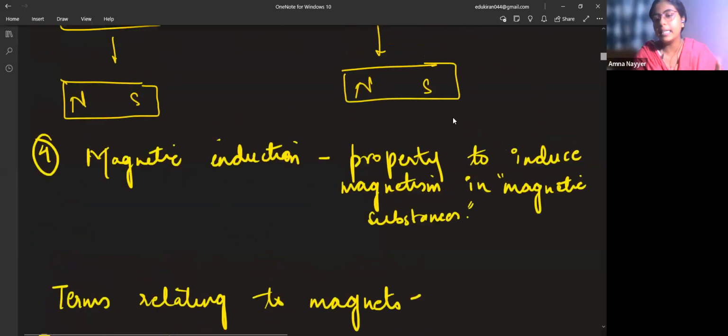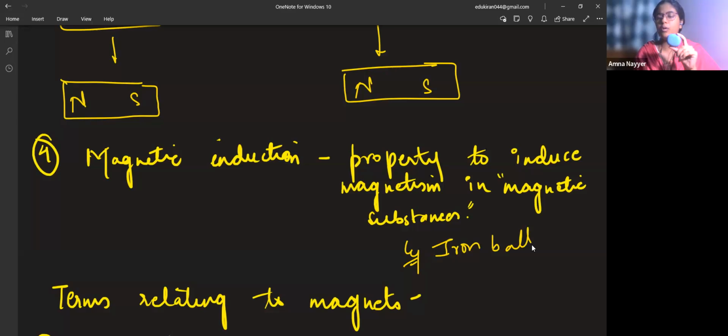One more, magnetic induction. See, property to induce magnetism in magnetic substance. This basically means, suppose I have an iron ball. The best example is if I take the example of an iron ball. Iron ball is not magnetic. If I give you an iron ball, will it be magnetic in nature? If you try to stick it on a wall or on a metallic wall or somewhere, it won't stick by itself. But what is meant by magnetic induction is,